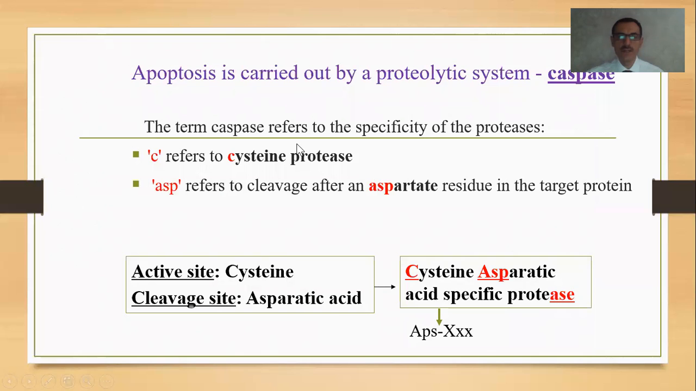Apoptosis is carried out by a proteolytic system, the caspases. Why do we use this term? Because the term caspase refers to the specificity of the proteases. The C refers to the cysteine protease. ASP refers to cleavage after an aspartate residue in the target protein. So the active site is cysteine and the cleavage site is aspartic acid, meaning a cysteine aspartic acid specific protease, or